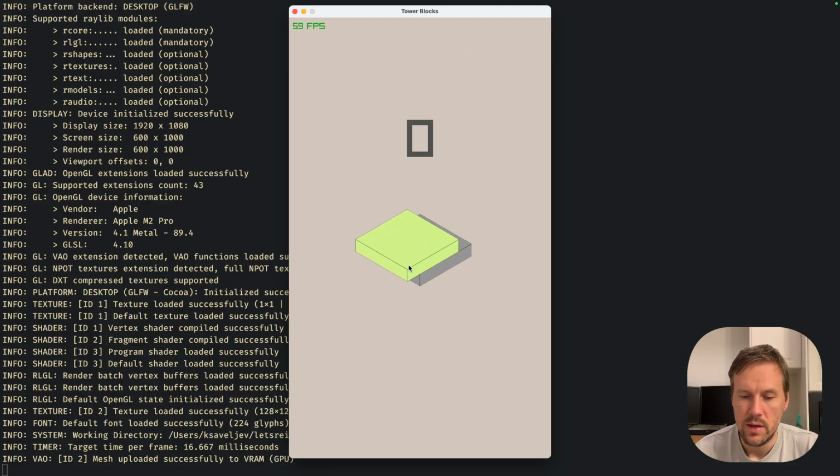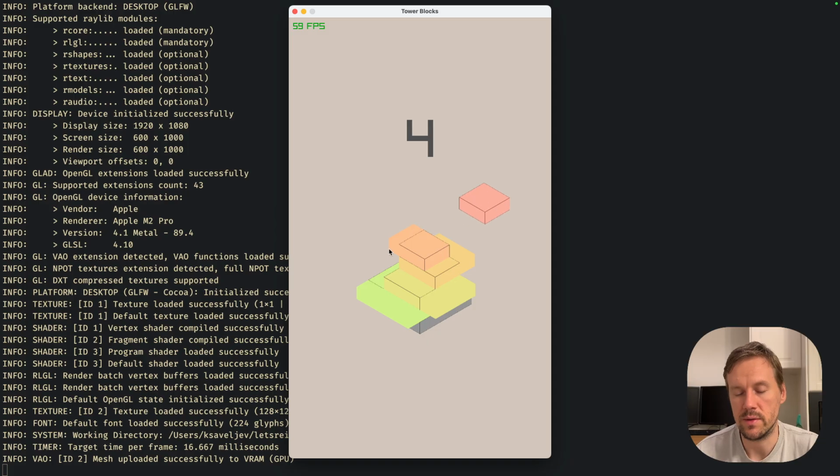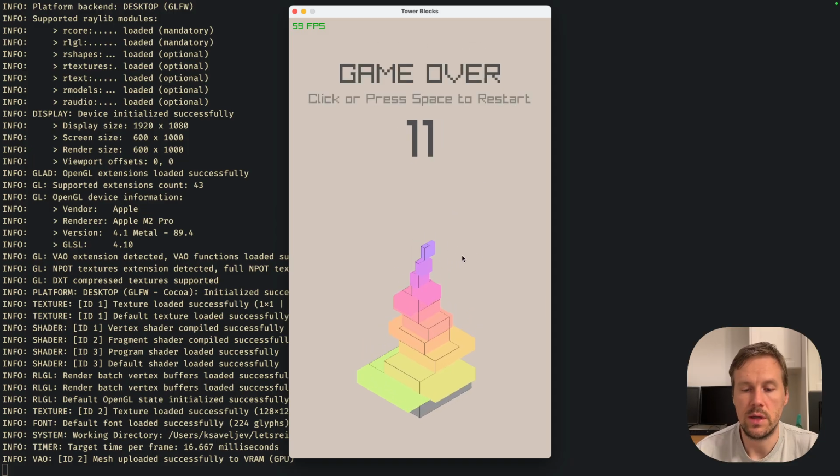So let's see. We're gonna stop right here, and you can see this section which we already drew, and this is not part of this block here. This is actually a falling block. It's just we do not animate it yet. We have successfully created it. We can check here again, correctly chopped off, and yeah, you can see that we checked 4 sides, and all of them correctly chop off the block. And now what's missing is of course the animation,